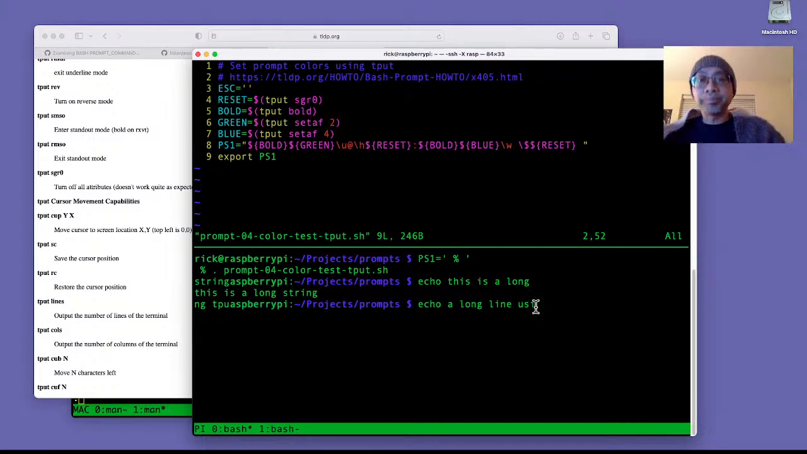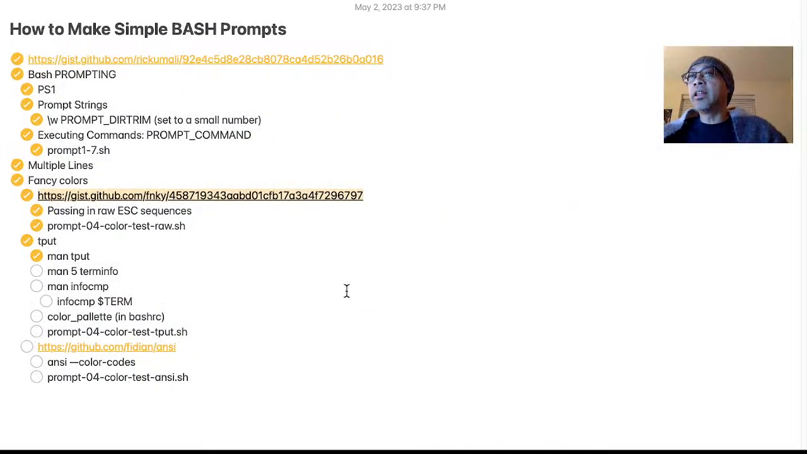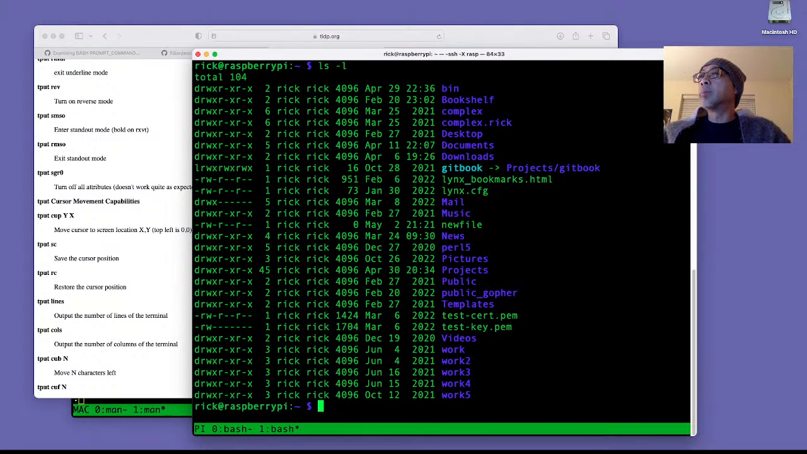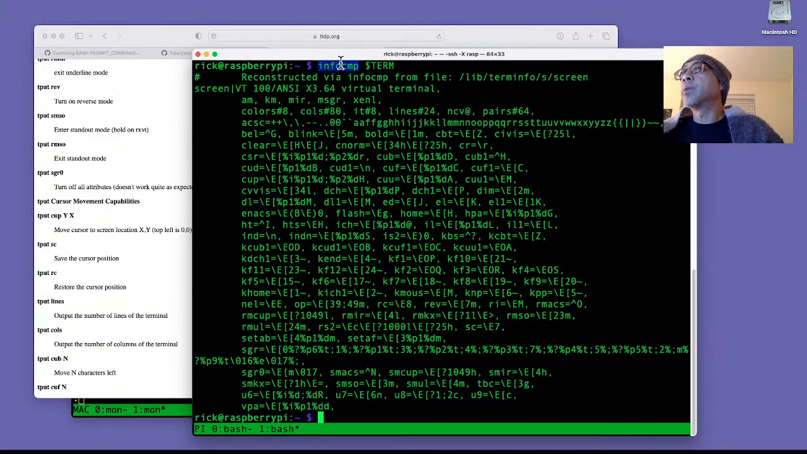I don't know why, but tput and the commands that it relates to, namely infocmp, these things, if I show it here, infocmp shows the capabilities of your terminal. It decodes the binary terminfo,